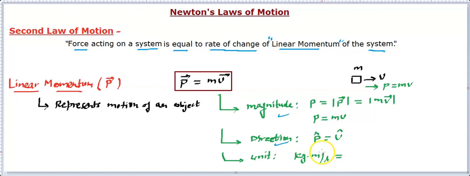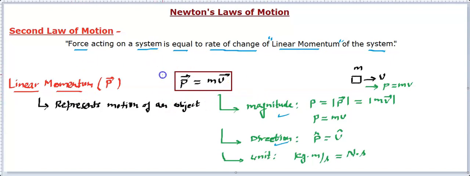And you also know that if you multiply by second upside down, it becomes kg meter per second square, and you can verify it later on. So that will become Newton. So this can also be Newton into second. So the unit of linear momentum is Newton second, or you can write it as kg meter per second. Both are going to be the correct answer. This is in terms of SI units, and this is in terms of Newton. Both are acceptable, right? So that's the linear momentum.